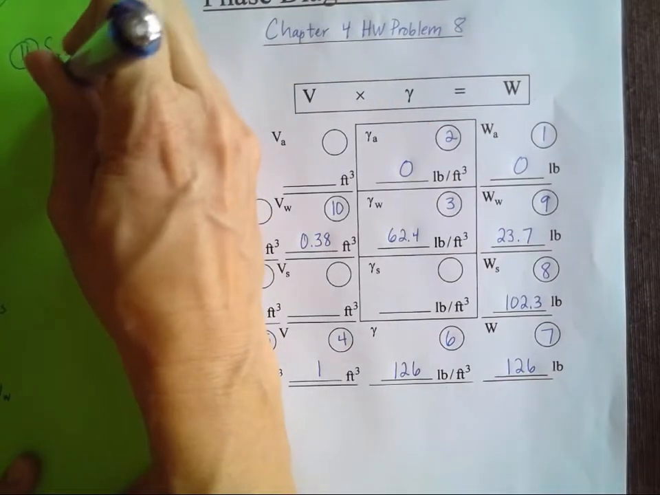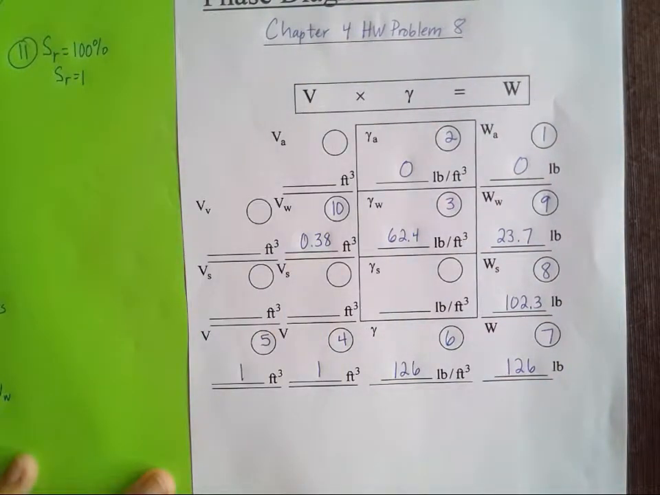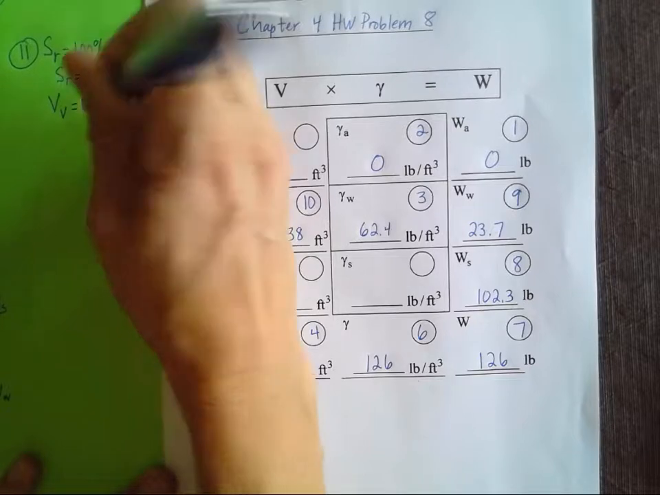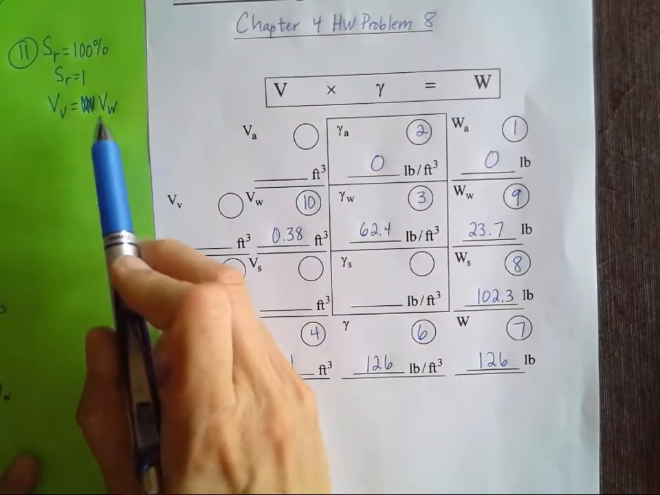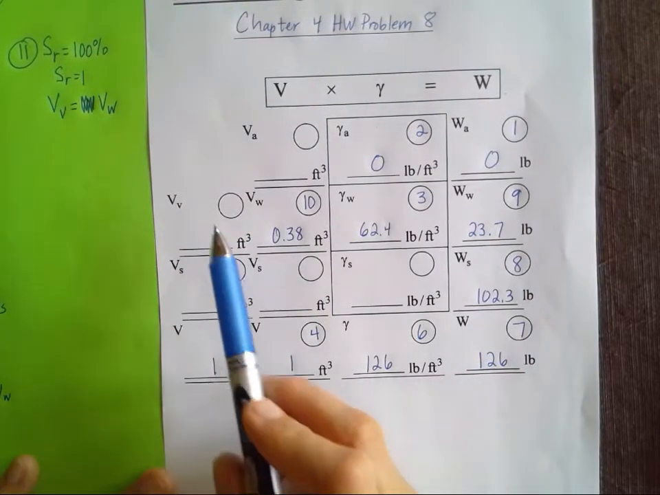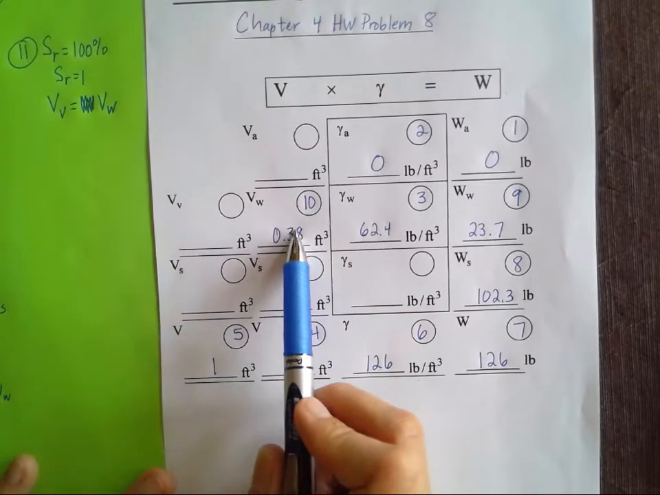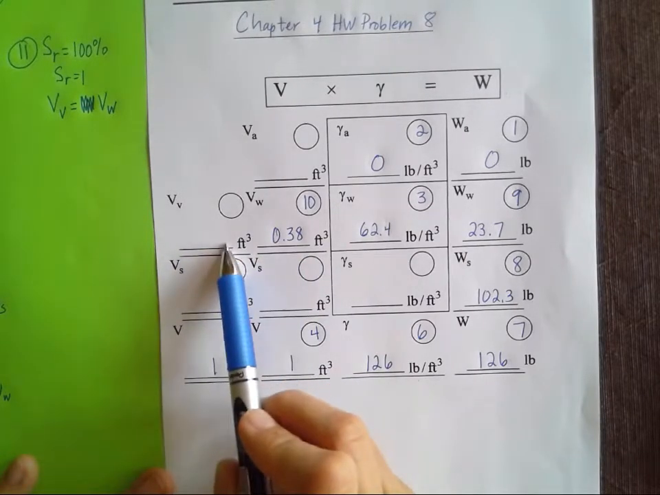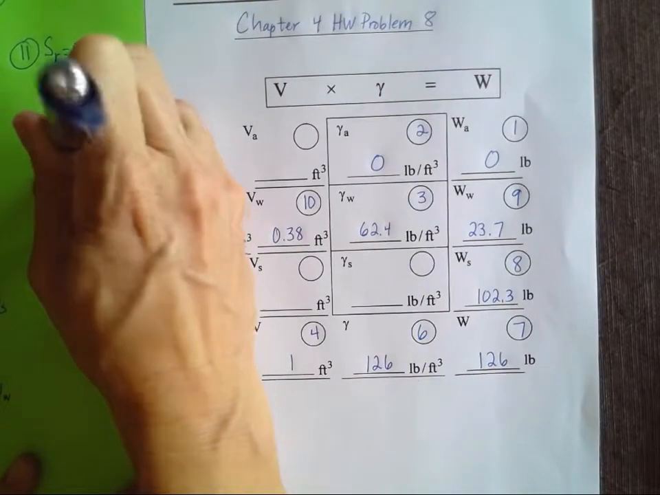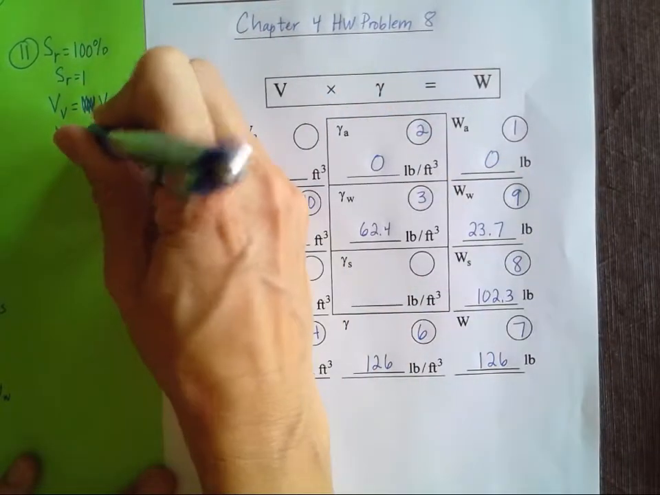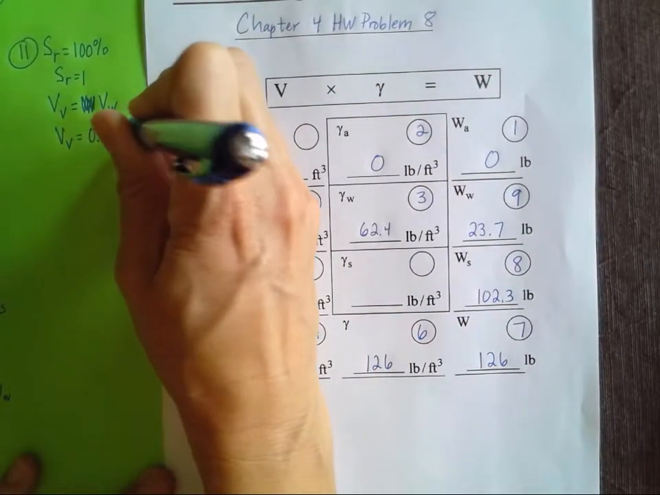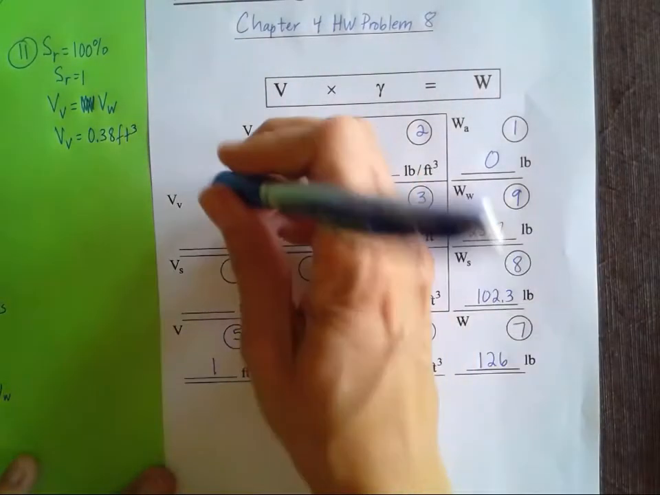So my SR is equal to 1. And remember from my table that the saturation, that my volume of the voids is equal to my volume of the water. Okay, every void is filled with water. Okay, and that does help me here because I know my volume of water, so my volume of voids has got to be equal to that. So my volume of the voids has got to be equal to 0.38 cubic feet. So I'll use that for my number 11,